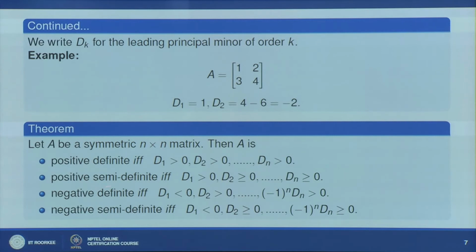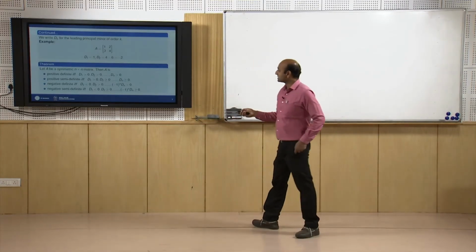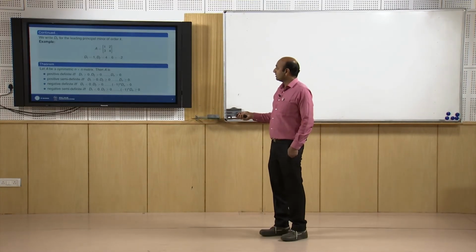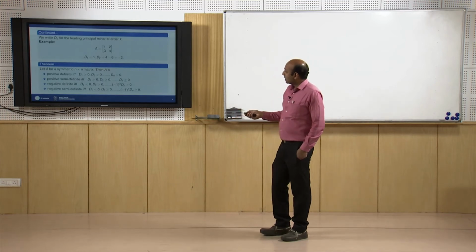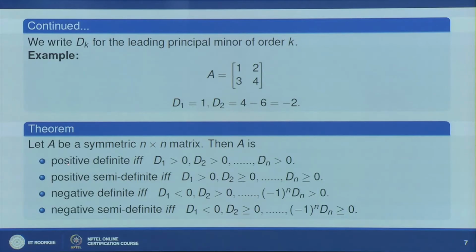It is negative definite if and only if D1 is less than 0, D2 greater than 0, that means minus 1 raised to power n, Dn is strictly greater than 0, and negative semi definite if and only if D1 is less than 0, D2 greater than or equal to 0 and so on, such that this quantity is greater than or equal to 0. Okay. We have the alternate signs in negative definite because